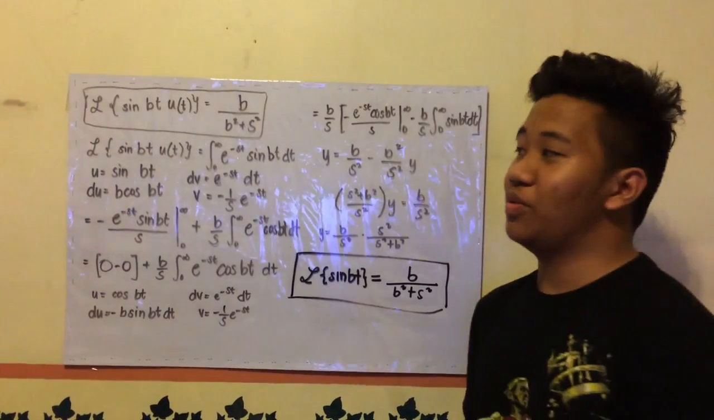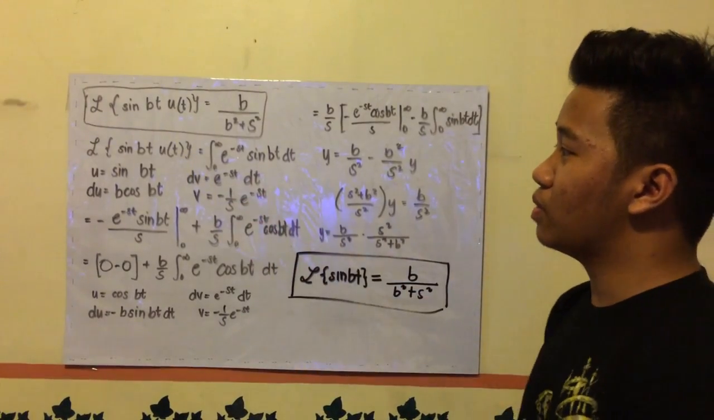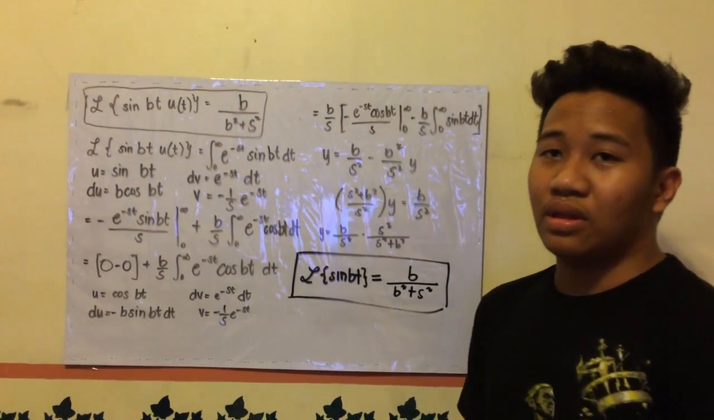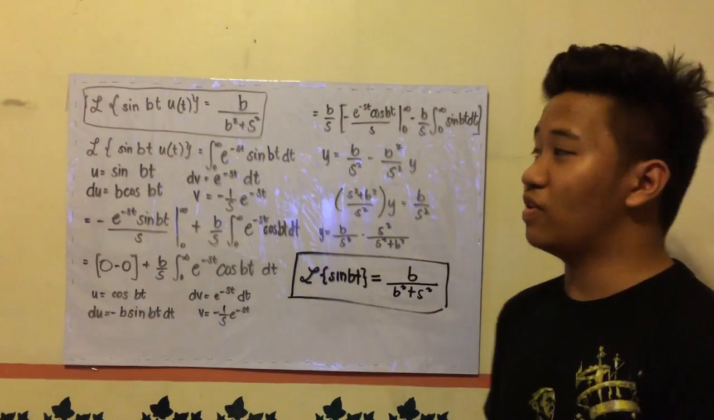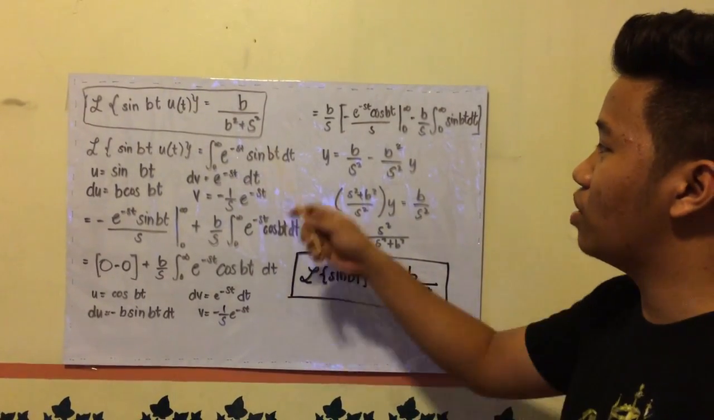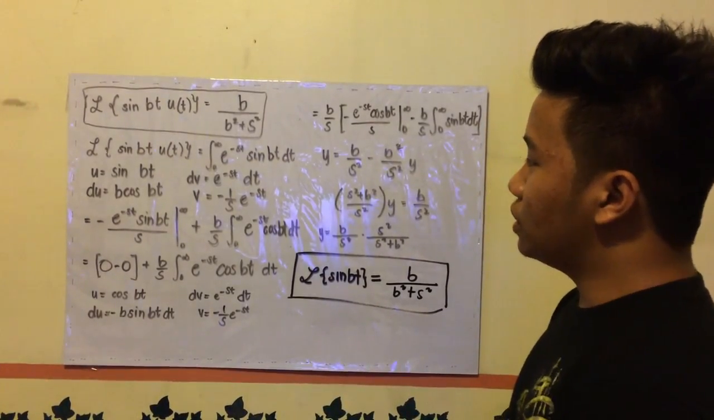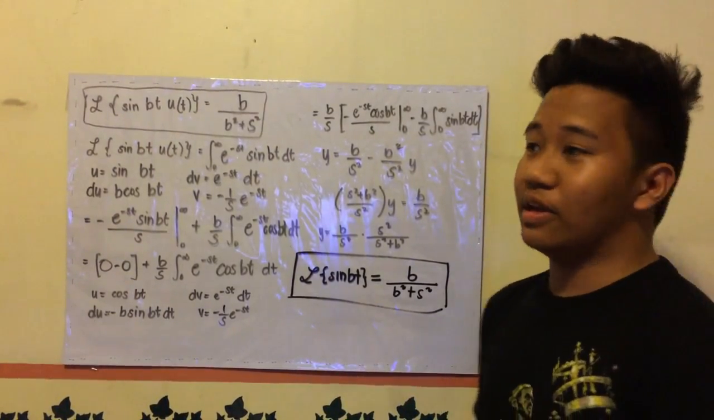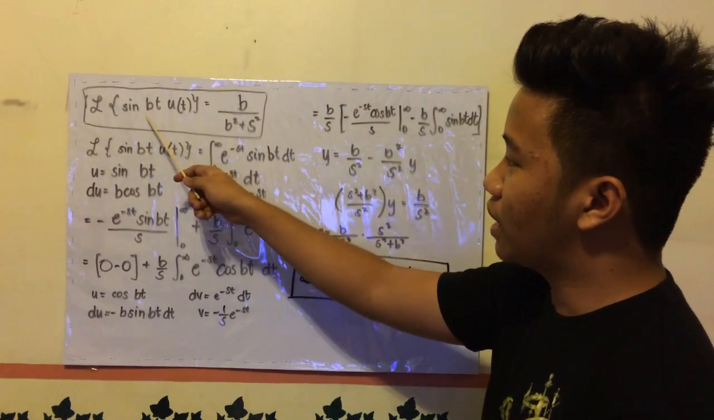So for today, we're going to get the equivalent value of sine bt times u of t in the time function into the complex frequency function, which is equivalent to b over b squared plus s squared. So using the Laplace transform for us to get the complex frequency function equivalent of this sine bt in the